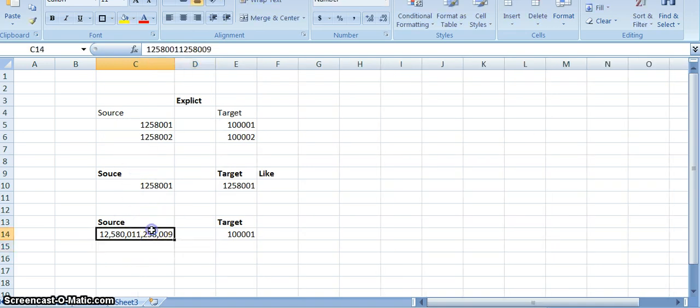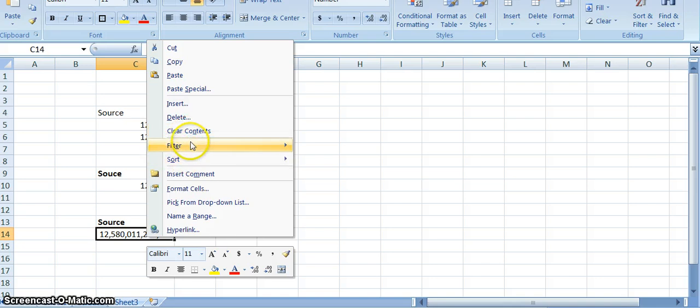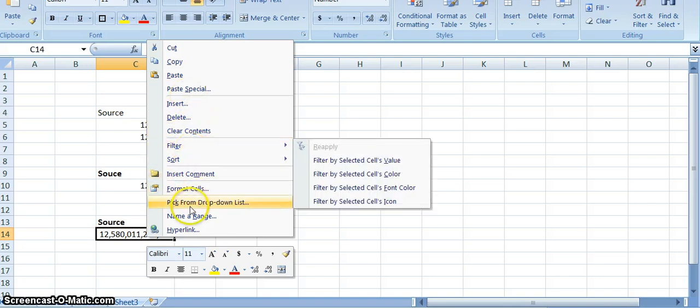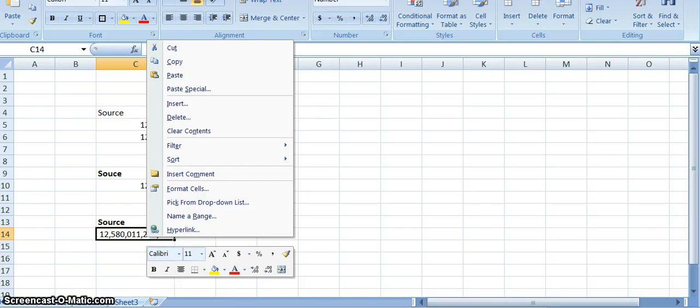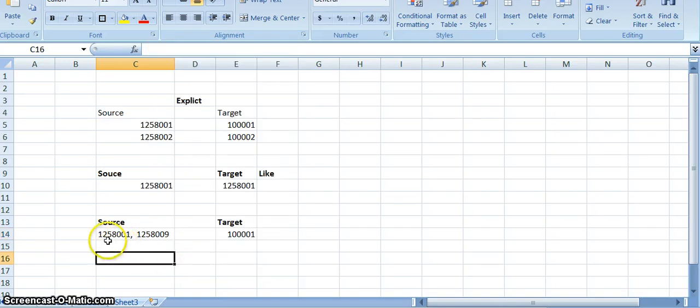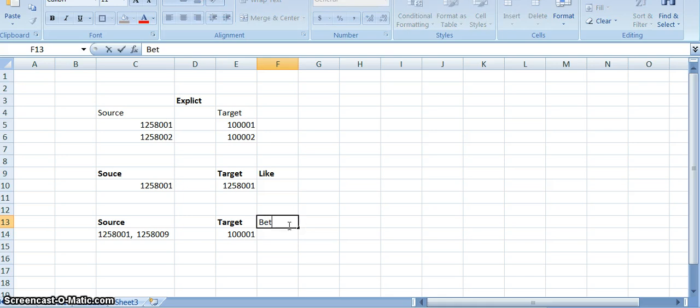If we are using this type of naming convention, 1258001 to 1258009, and you are using a mapping type of between,